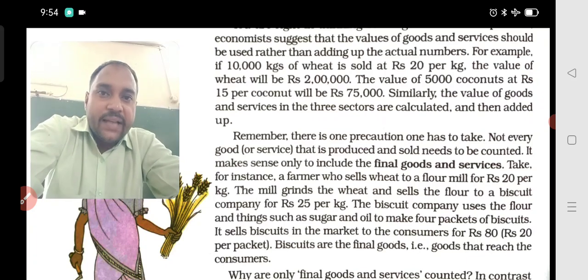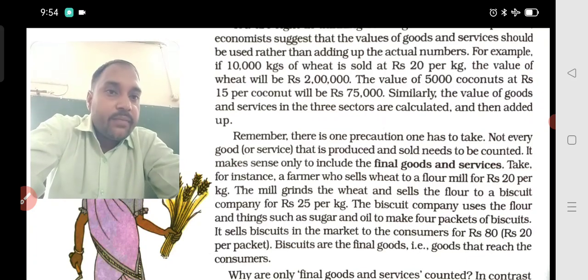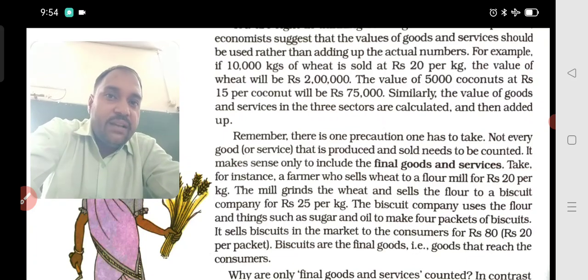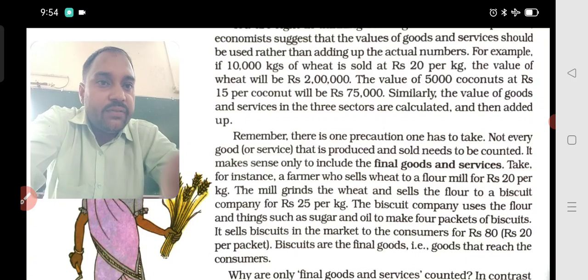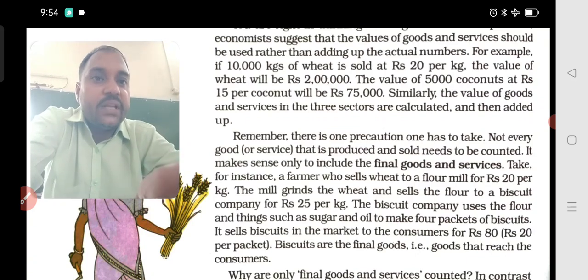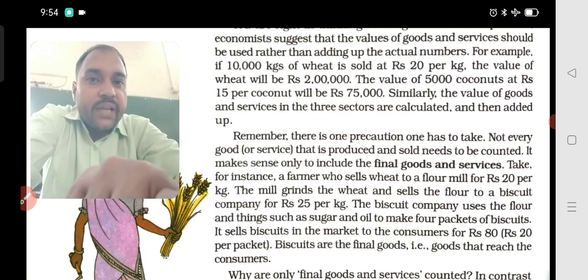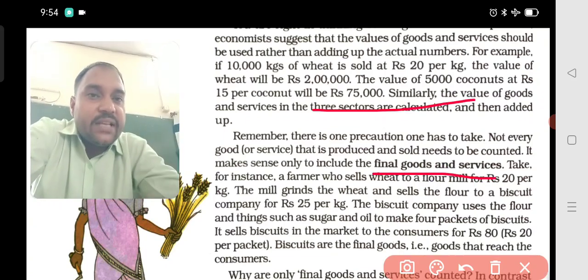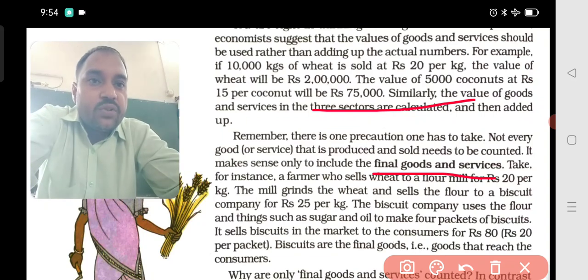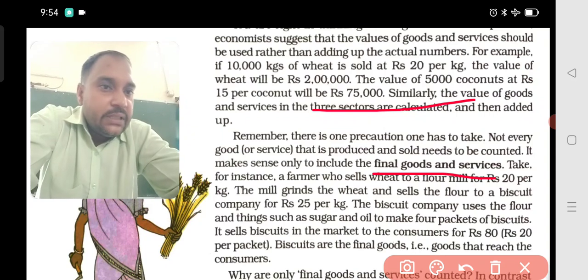The question that arises from this topic is that while calculating the total production in the economy, we have to take only the final value of goods and services, and other value is to be avoided. How could that be possible? Let's understand